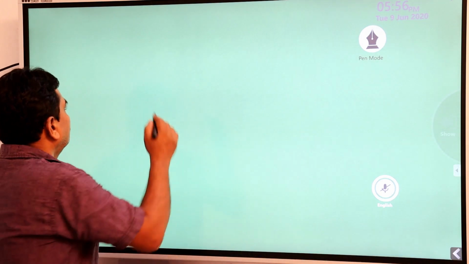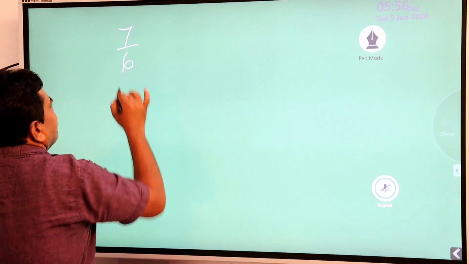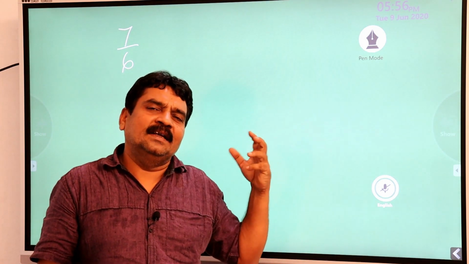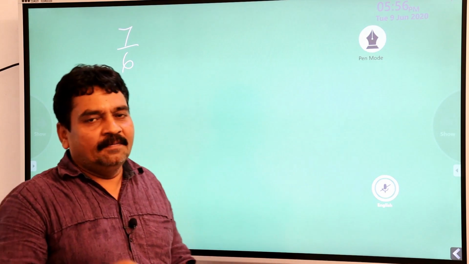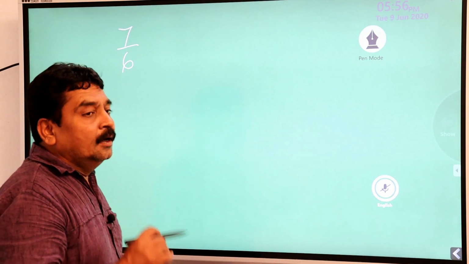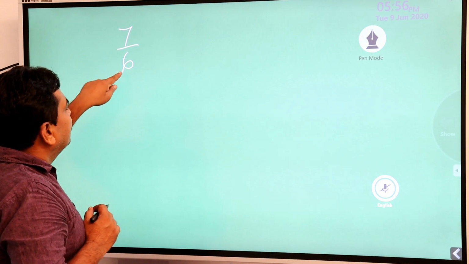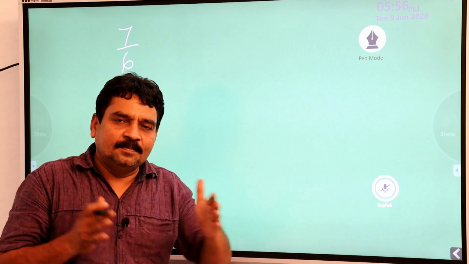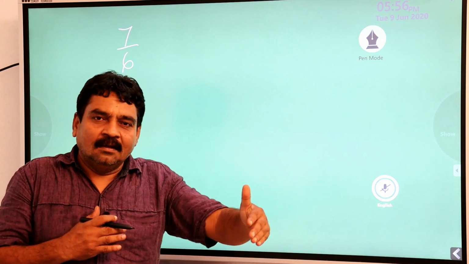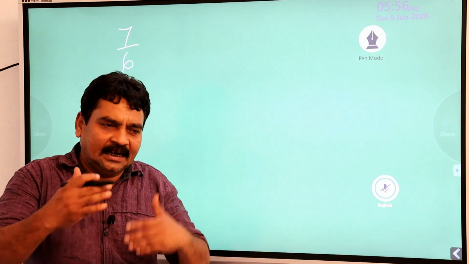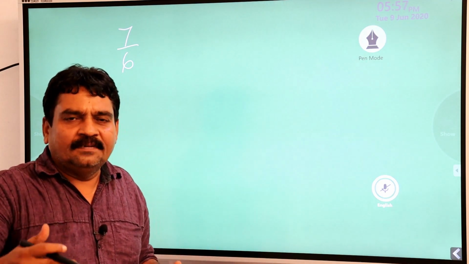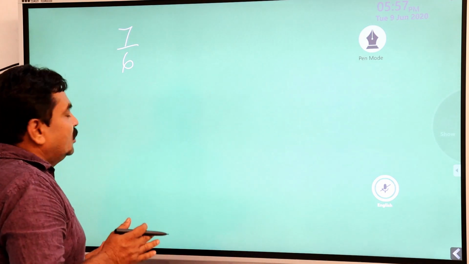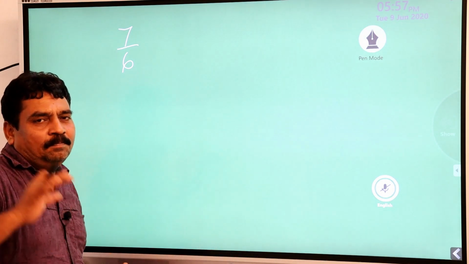Suppose you have, say, 7 by 6, where this 7 by 6 lies on a number line. For that, what are you going to do? First you see the denominator value. Denominator is 6, means between the consecutive numbers, the very next number, that is 1 after 0, 2 after 1, 3 after 2. So between consecutive numbers, you should divide the number of partitions